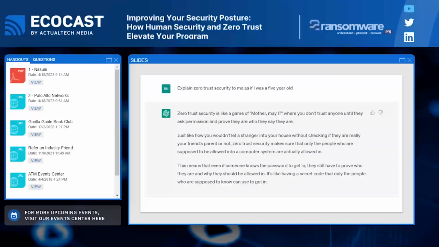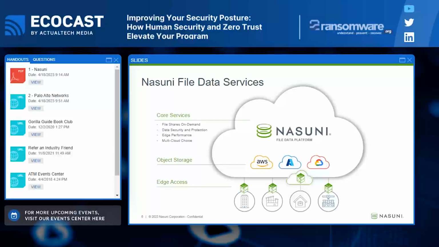And so that's a great explanation of zero trust. And so today we're going to jump into some of the security parameters that we apply here at Nasuni with some of our solutions, and I'm going to jump right into that. Today I want to focus on some of our newer solutions, but to introduce what Nasuni is quickly,